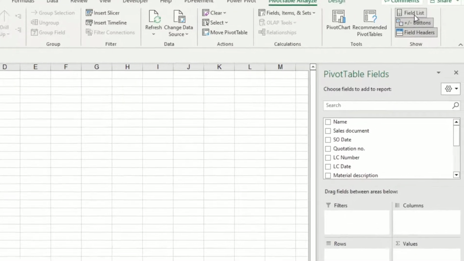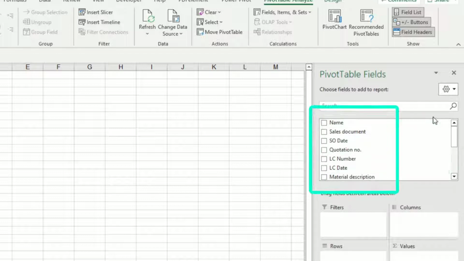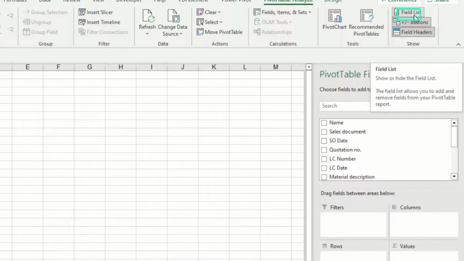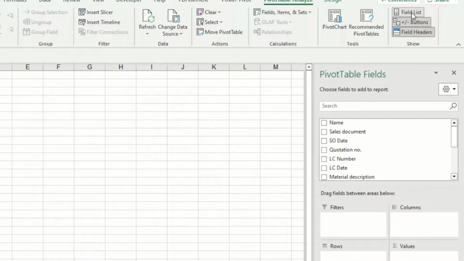To add a field to your pivot table, select the field name checkbox in the pivot table's fields list. The fields list is in the top right corner of the Excel ribbon. If you click the field list, the pivot table fields pane disappears. You can see the light gray selection color is gone. Again, if you click the pivot table fields list, it appears on the right side, and the light gray selection color of the field list comes back.